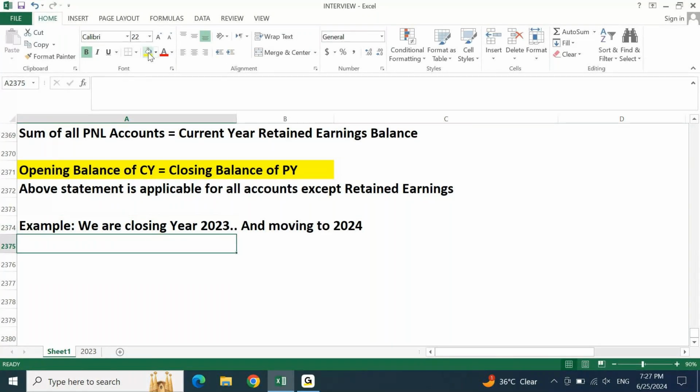In this situation, I am saying the closing balance of the 2023 retained earnings account will not match the opening balance of the retained earnings account in the 2024 TB. Is my statement correct or not? Yes. Right. In short, I'll say December